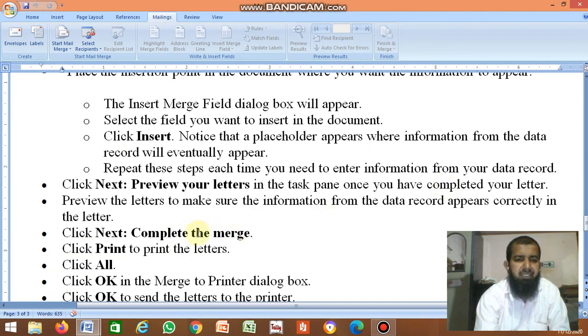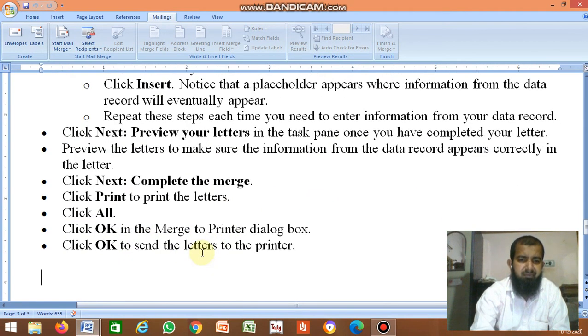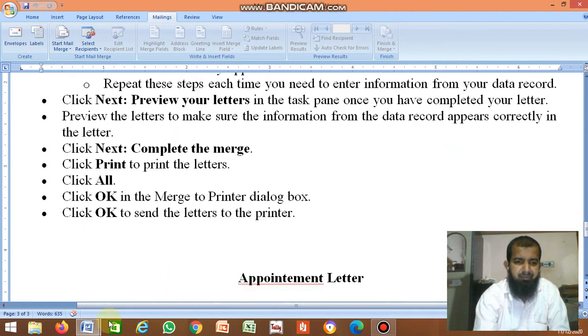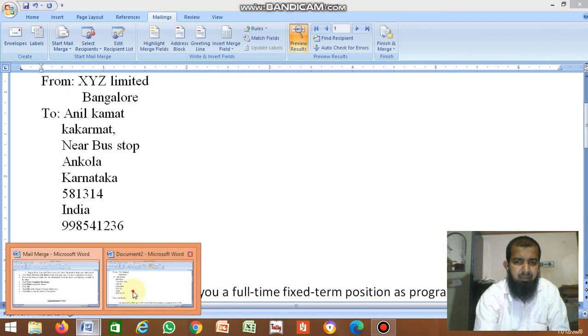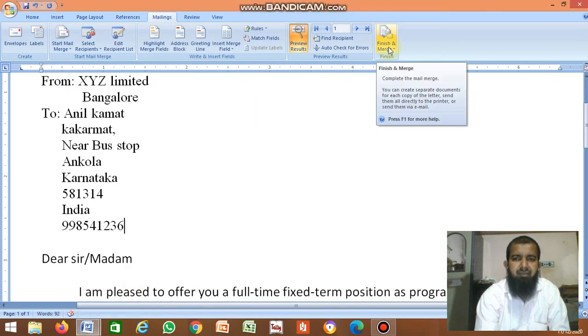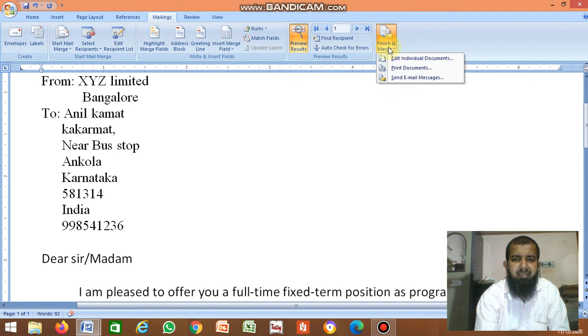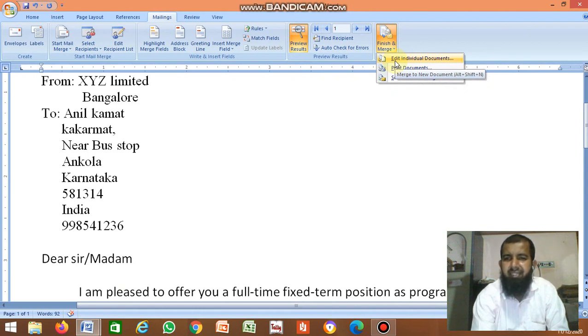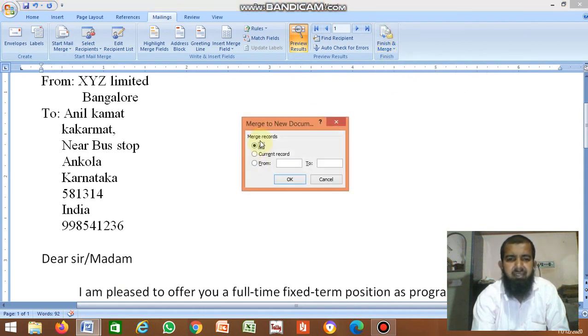Then complete the merge and click Print to take the printout. Click Finish and Merge. If you want to take a printout, you can, or if you just want to display, choose Edit Individual Documents, then Merge Records All, then click OK.